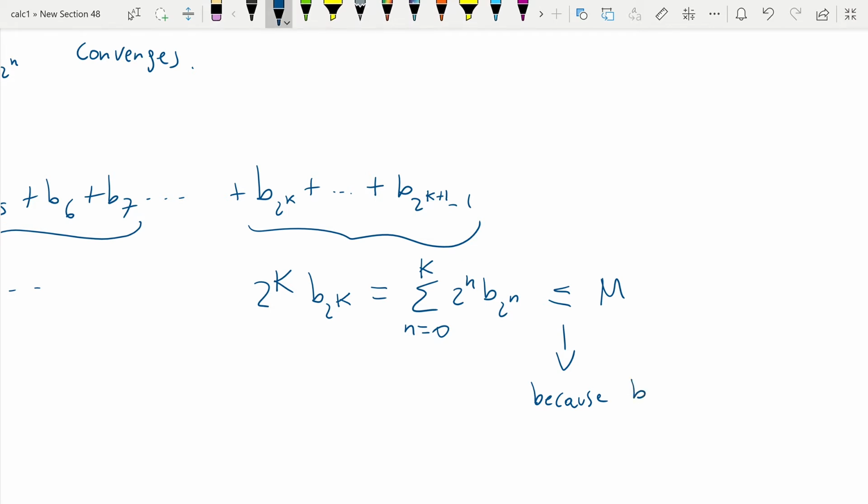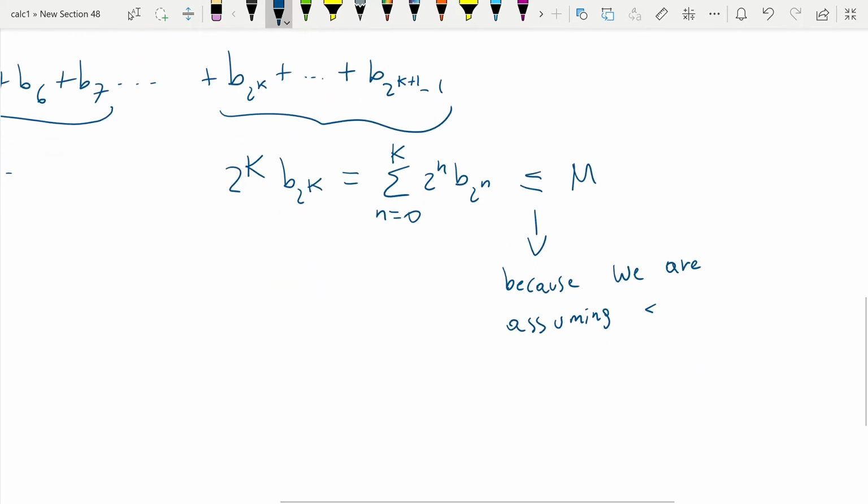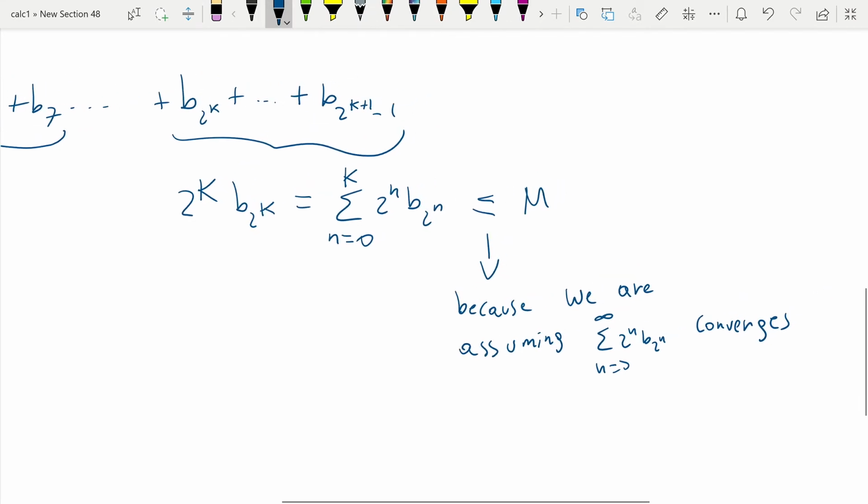By assumption, remember, we're assuming that this sum here converges. Alright, so the thing is now that, well, remember that when we started discussing convergence, we derived some properties of convergent sequences, and one of them was that